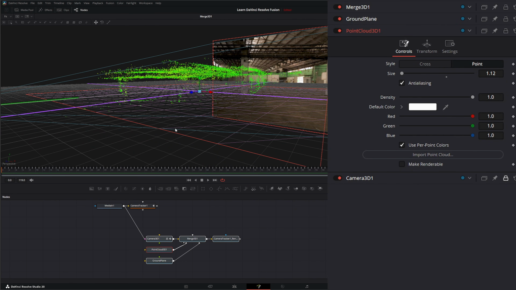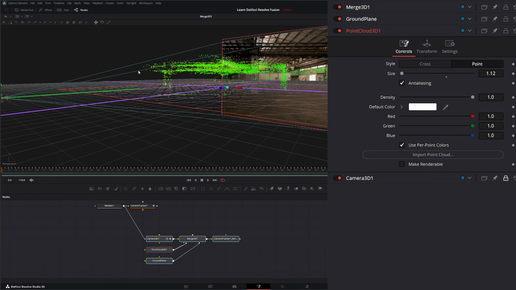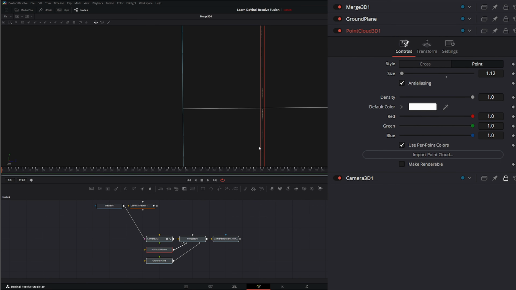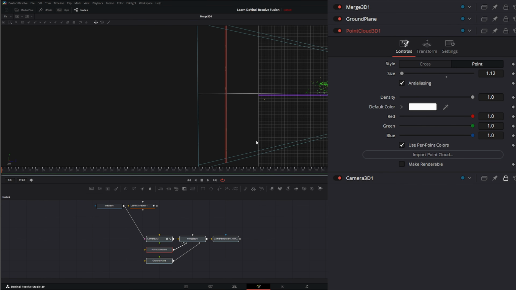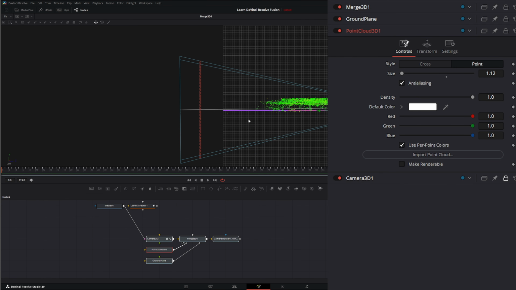Now, like I said, we can clean some of this stuff up if I don't care about all these points because our solve is done. Our camera track is done, so we don't need all these additional points. So we can go to our camera here. Let's look at the left side and let me zoom out. And we can see some of these arbitrary points down here that we really don't care about. So I can just select all these right here. Hold my shift, and if I want to get rid of a lot of this stuff up top,